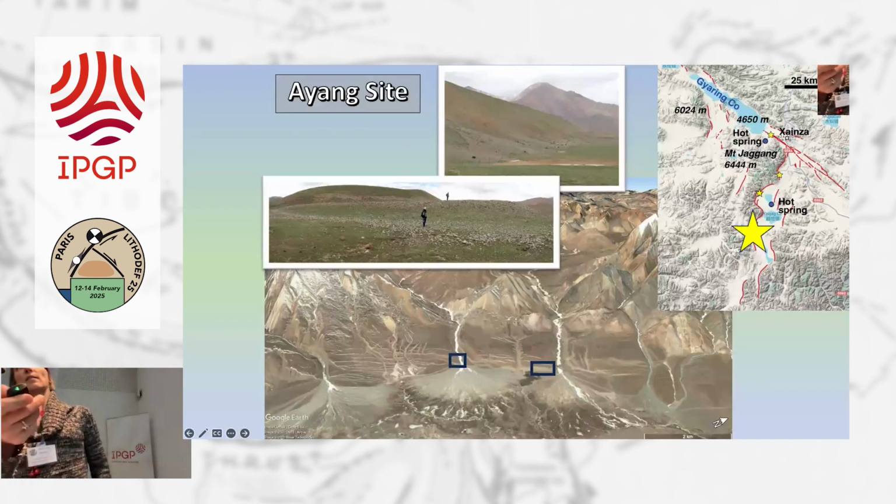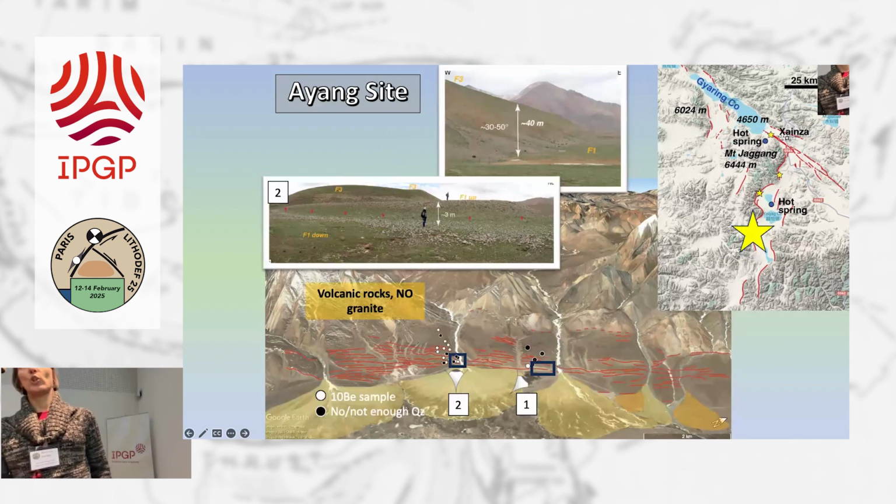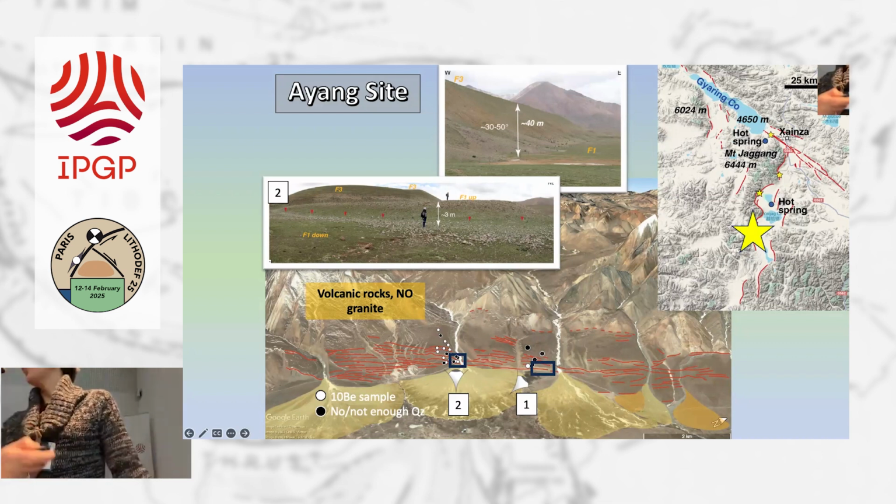The second site is the Ayong terraces here, which looks a lot like the Gyekara terraces along the Yongbajing graben. So you have these numerous faults cutting these older terraces and alluvial fans. The one in the front, which is not being refreshed by active alluvial fans at the bottom, is 40 meters high, just one scarp. And it's very steep. We can't climb that. You have to go around. And the smallest offset across the youngest surfaces is 3 meters high.